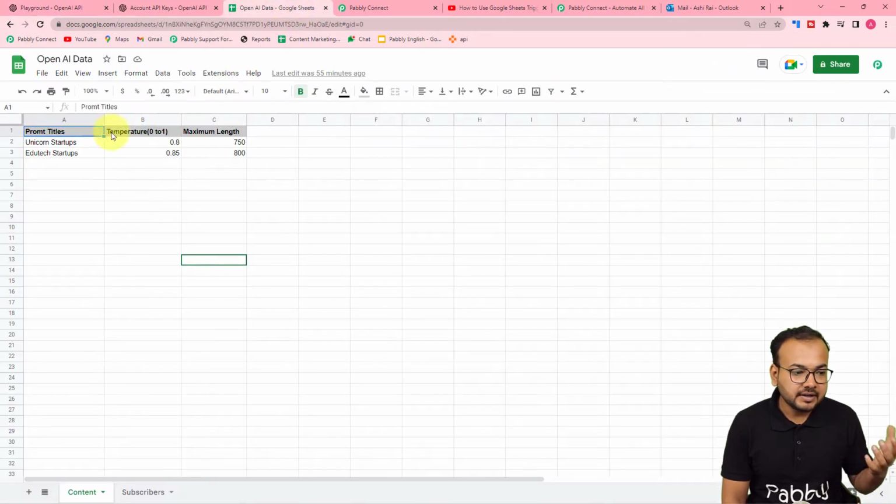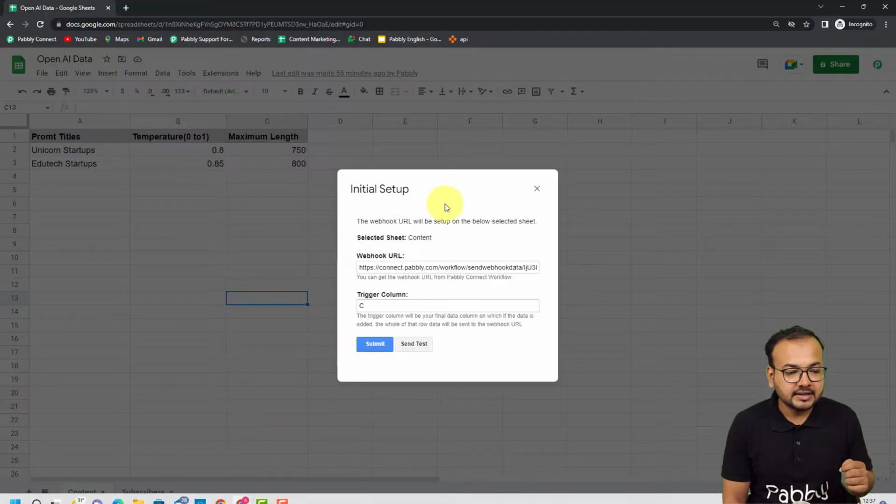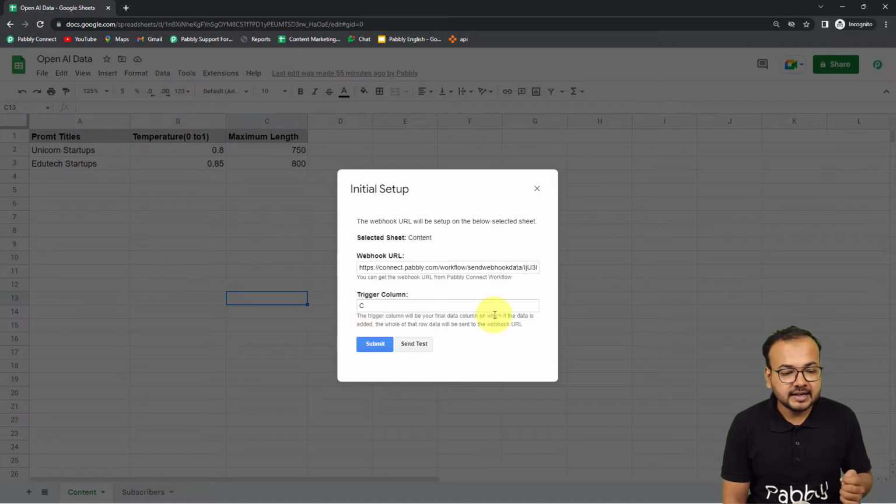For that we have created this spreadsheet, and here I am entering the prompt titles, the temperature, let me zoom it a bit, the temperature and the maximum length. Okay, so with the help of these things we can easily create a blog. Okay, and I have connected this spreadsheet here like this, and now to bring the test data, you can see